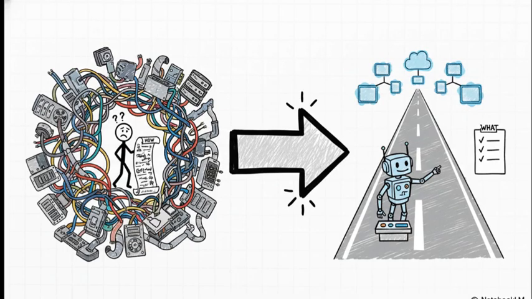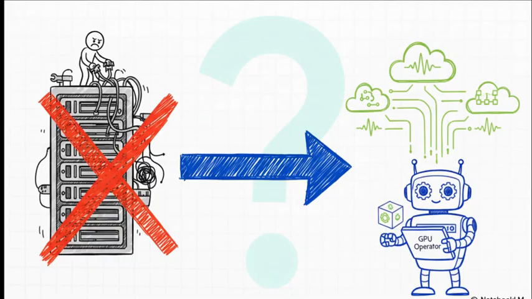So that really brings us to the key takeaway. The whole journey of using GPUs in Kubernetes is the story of evolving from a complex manual process to a simple, declarative, and automated one that's actually built to scale. It's about telling the cluster what you want, not having to tell it how to do it step by step. Because once this automation is in place, it frees up developers, data